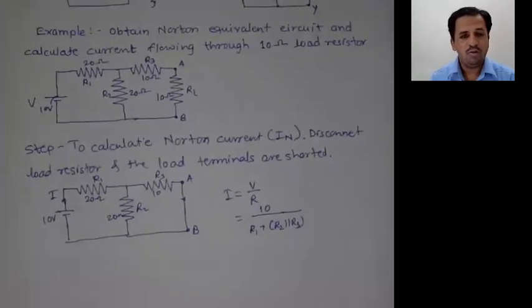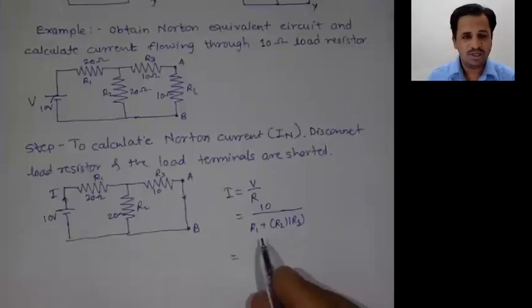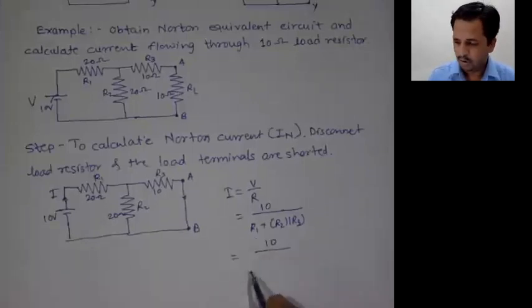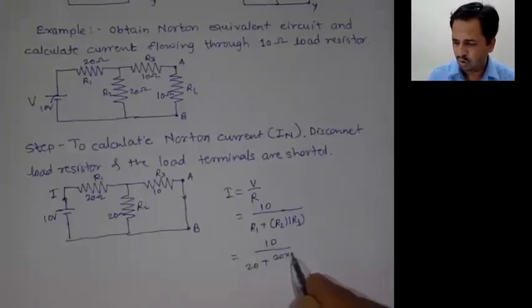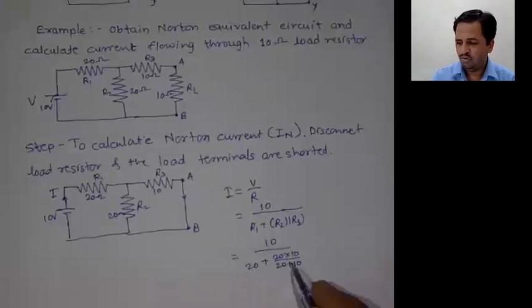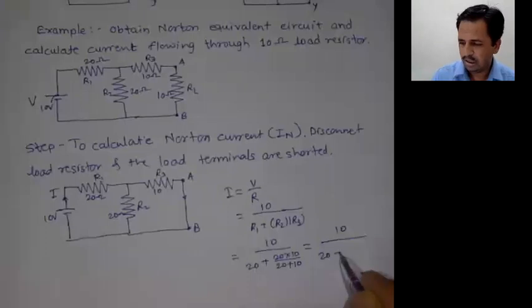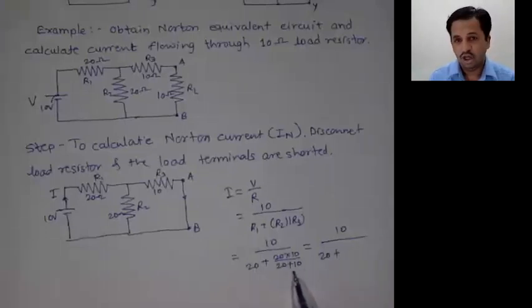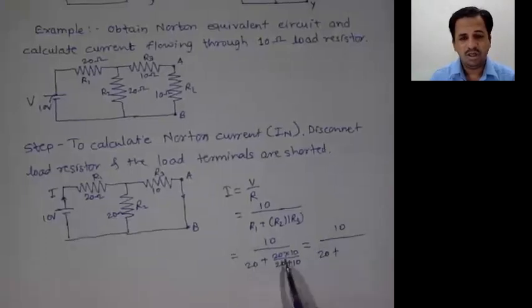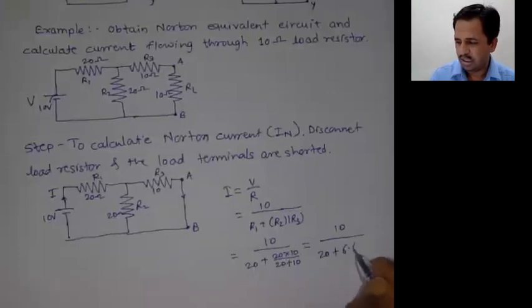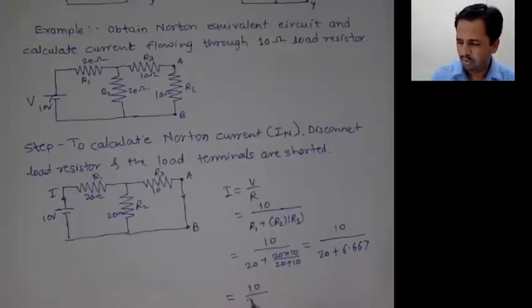Now for this case, what we have to get? We have to obtain the equivalent resistance, that is 10 divided by, it is 20 plus, now 20 into 10 divided by 20 plus 10. Now this value becomes approximately 10 divided by 20 plus 200 divided by 30, and if you cancel the 0, that is 20 divided by 3, and its value becomes approximately 6.667, and it is 10 divided by